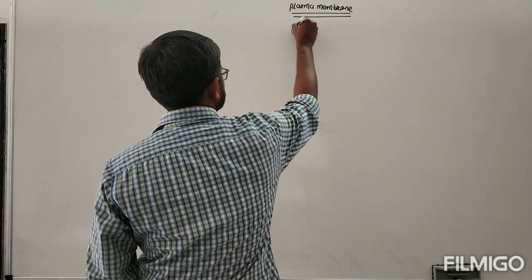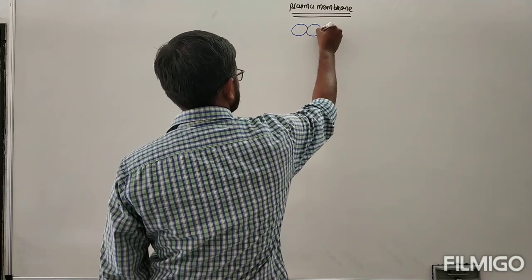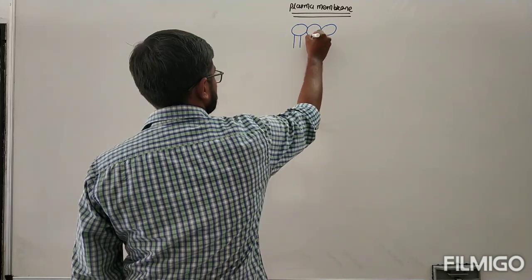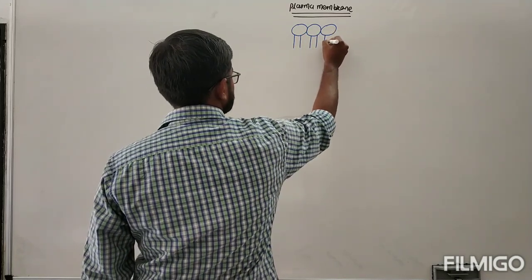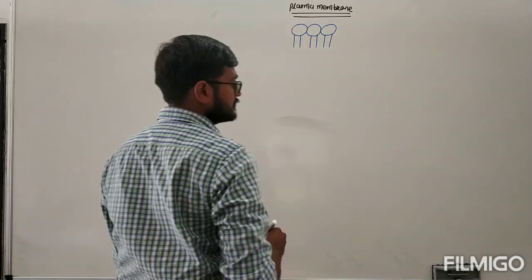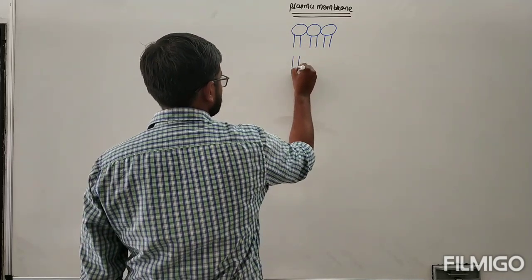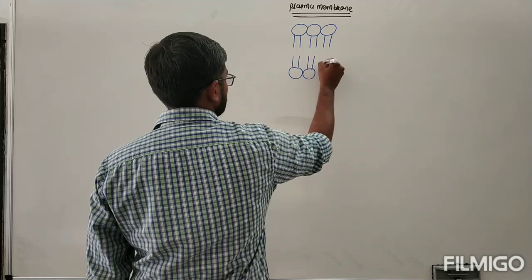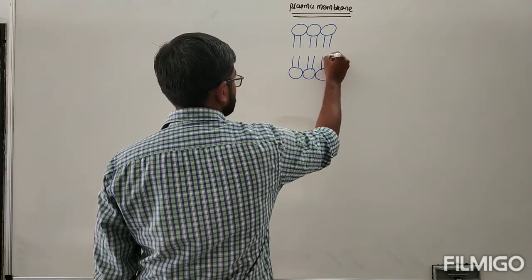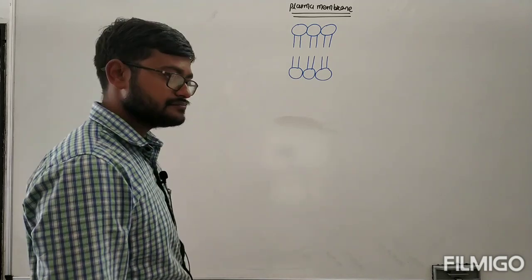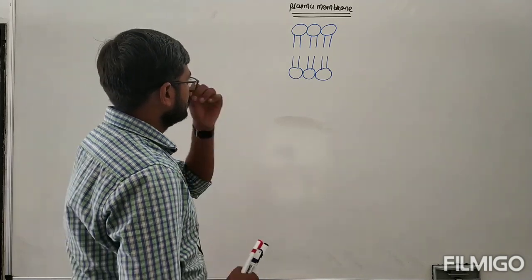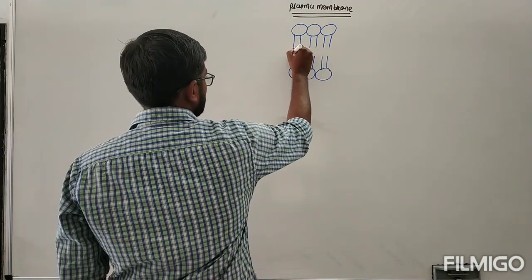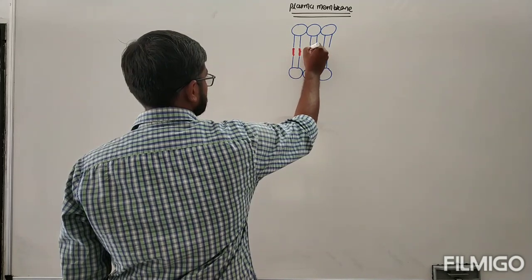This is the head region, this is another head region, and this is another head region. If both the fatty acids are saturated, here both the fatty acids are of which type? Saturated type. Here again a saturated fatty acid, and this is the portion of head. So what happens when both the saturated fatty acids are present over here? There is a chance that a bond is going to be formed.